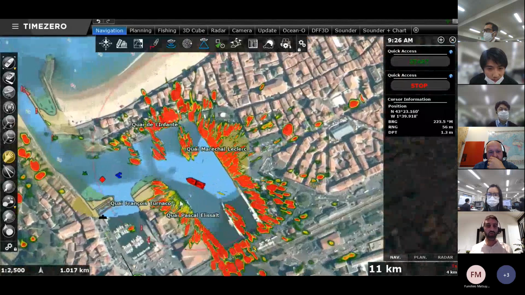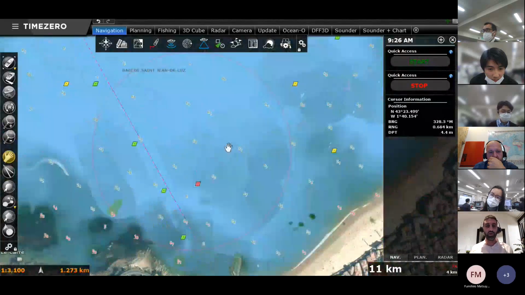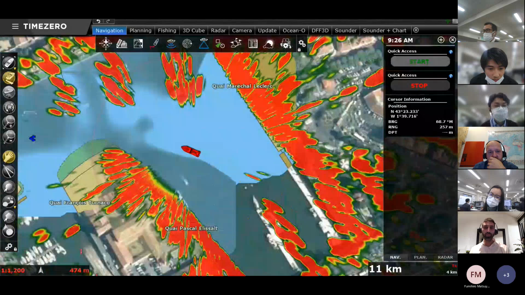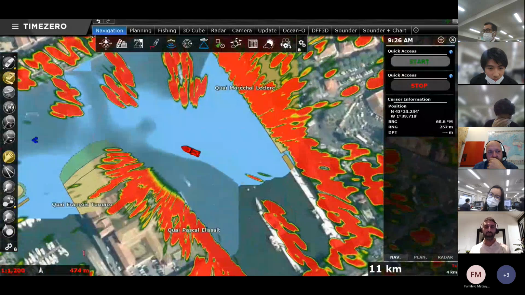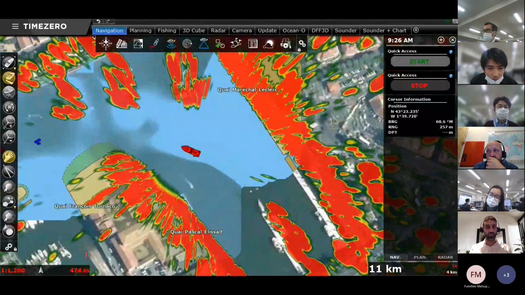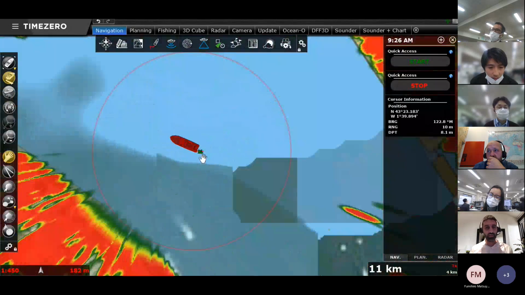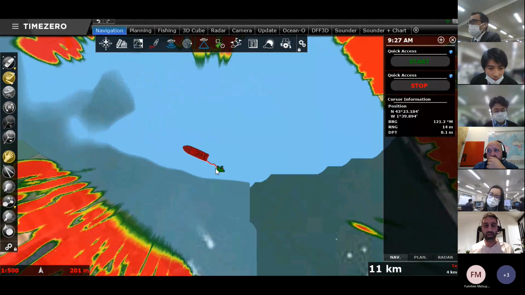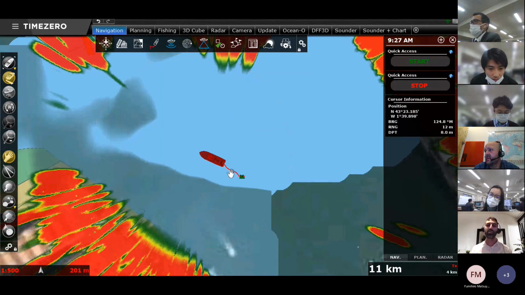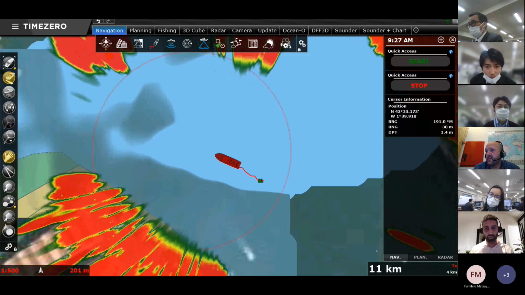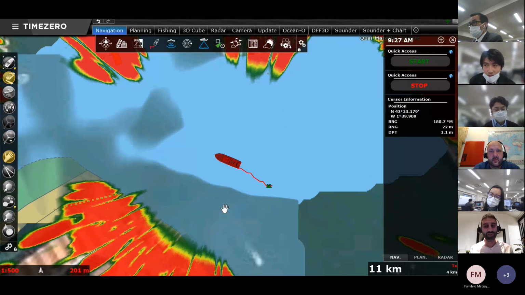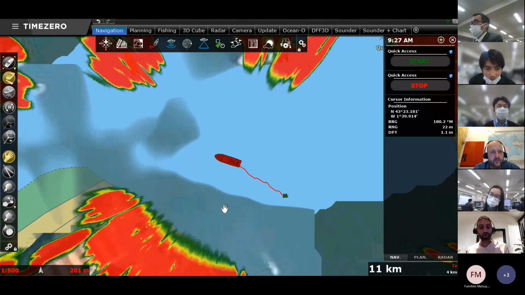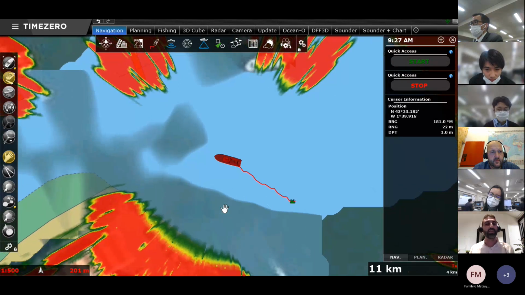Okay, so you have seen how I configure the button. So let's say that now I am here and I'm starting the trip. I can just click on start, and you see that automatically it centers the chart on the vessel, automatically created an event, added an event on the chart and put the vessel on track. So this is pretty powerful because with one shortcut, I'm actually doing 3 actions at the same time. Center on, create an event, and start tracking.